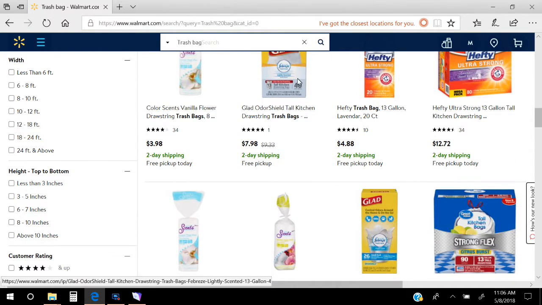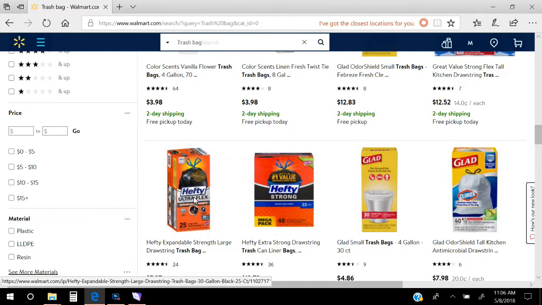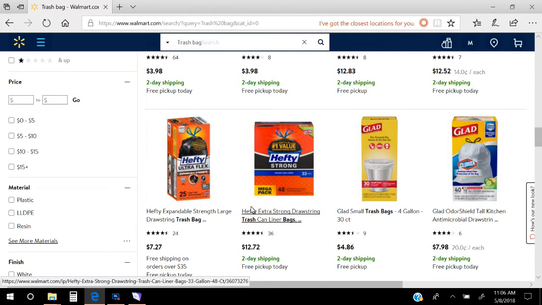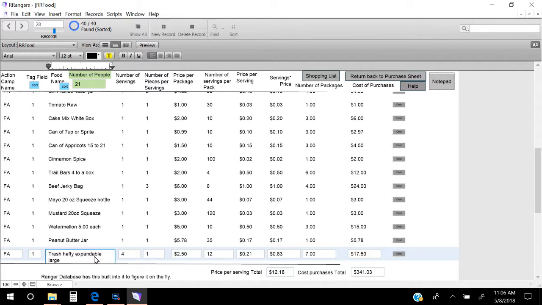So let's just say that I'm going to go for a leaf bag, and let's just use this one right here. There's 25 bags, and they are $7.27 apiece. So that's the Hefty expandable large. I'll go over here to the database, and we'll put in there Hefty expandable large, and they are $7.98 for